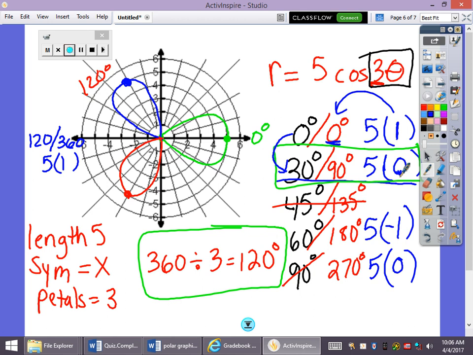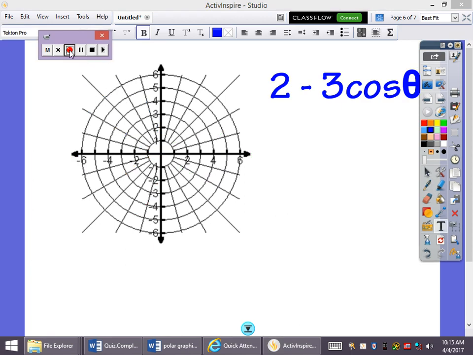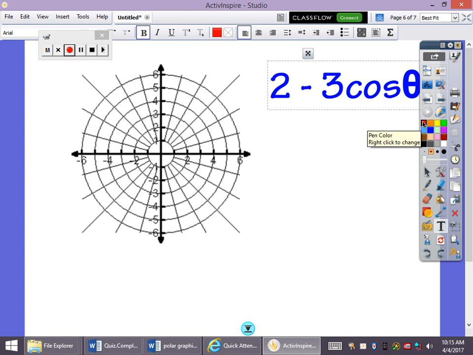How can I tell the difference? Okay? A rose is a multiplication problem. A Limacon is an addition or subtraction. Good? All right. Okay. So my points are going to be on the negative axis because of this minus here. Okay. What makes this